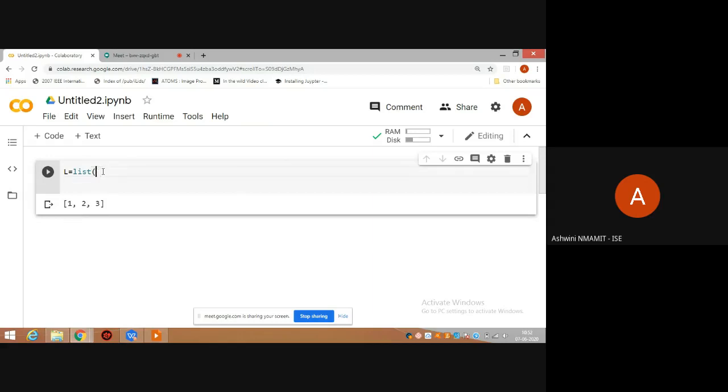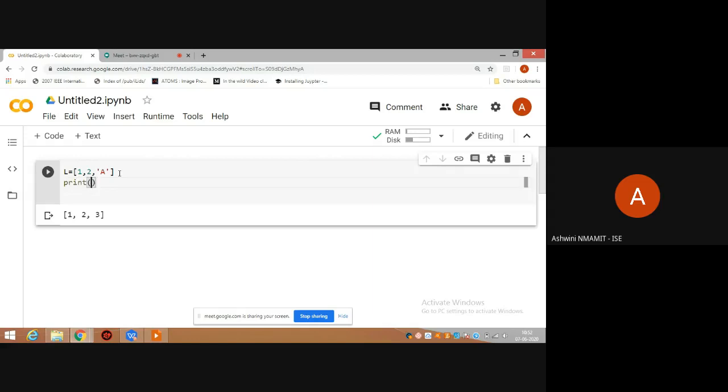And as I've told you earlier, a list need not be homogeneous. So what do you mean by that? If I include numbers, I can even include characters in the list. If I give print L, this would give me the list with the combination of numbers and characters.